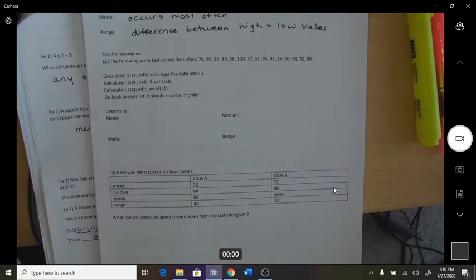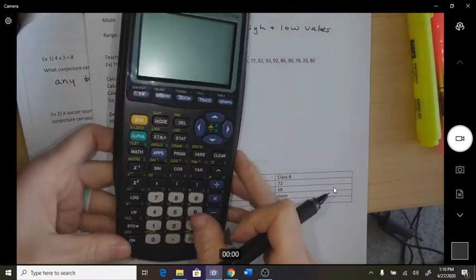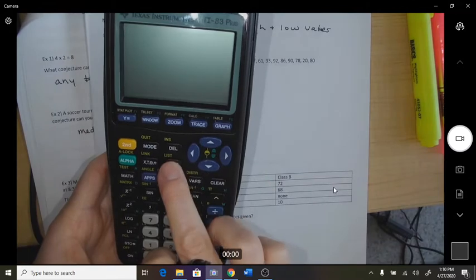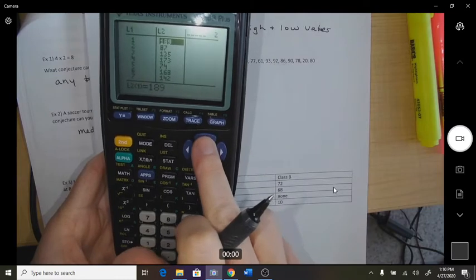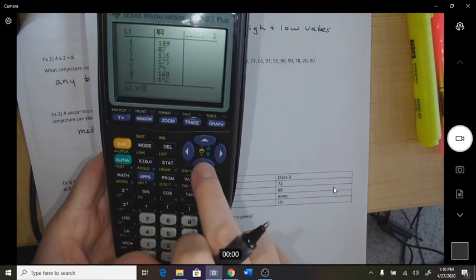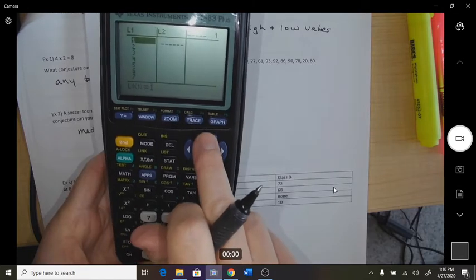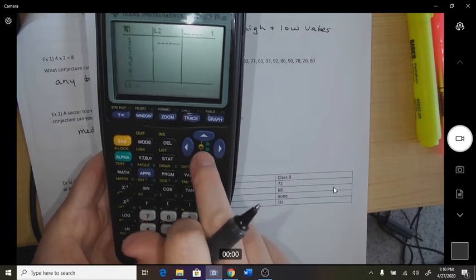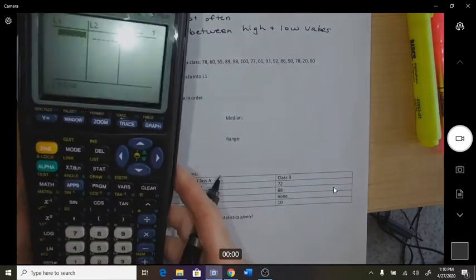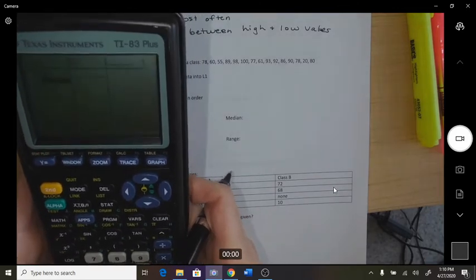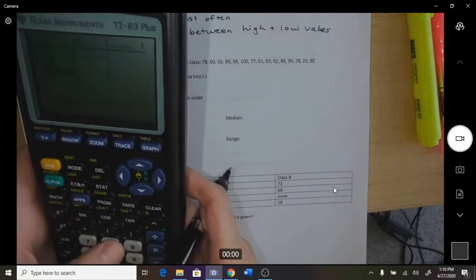Okay, so this unit we need to have a graphing calculator. Okay, so test scores were given as follows. In your calculator, you're going to go to Stat and then press Enter to edit. So I have some stuff in there, so I'm going to put the up arrow, clear, down arrow, over. Don't press delete because it will delete your list. Okay, I'm quickly going to enter all these things. So 78, enter, 60, 55,